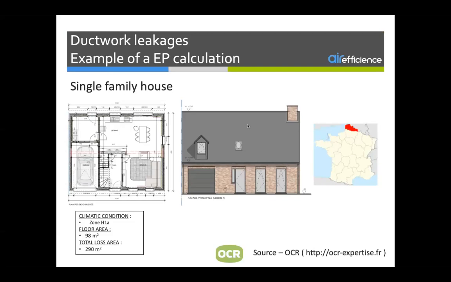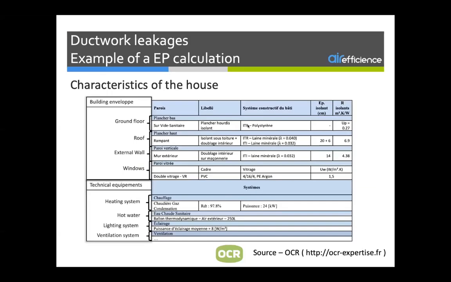It's a usual family house, and in the EP calculation, the designer has to precise the characteristics of building envelope, ground floor, the roof, the external wall, and the characteristic of the windows. Also, he has to precise the technical characteristic of technical equipment, heating system, hot water, lighting system, and of course